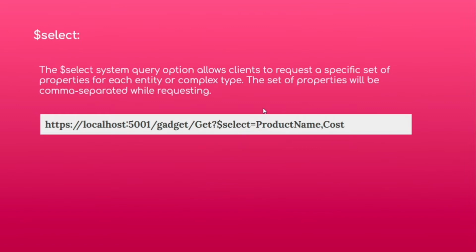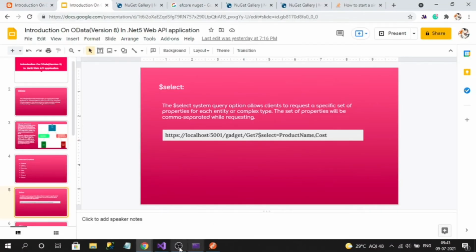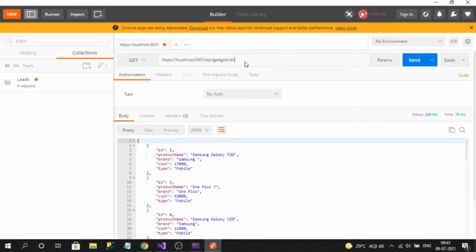So what we will do, let's implement this URL and check our output. Let's go to Postman, add a query parameter and dollar. All OData query options must start with a dollar sign, and they are case sensitive as well. These keywords, make sure to type all of them in small letters only, like select. Here I want to get type and product name, so I want only those two columns. I can say product name, comma, type.